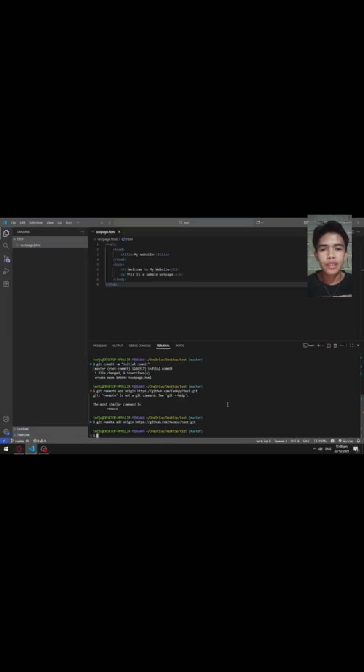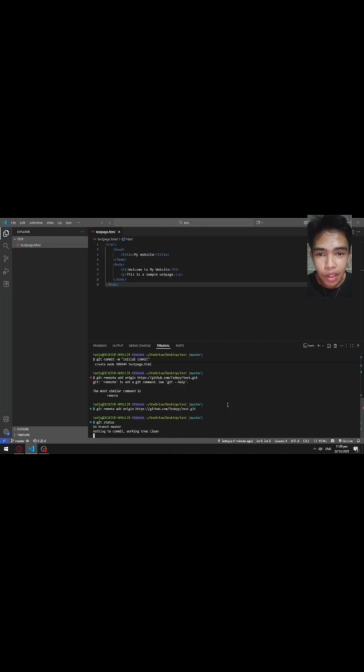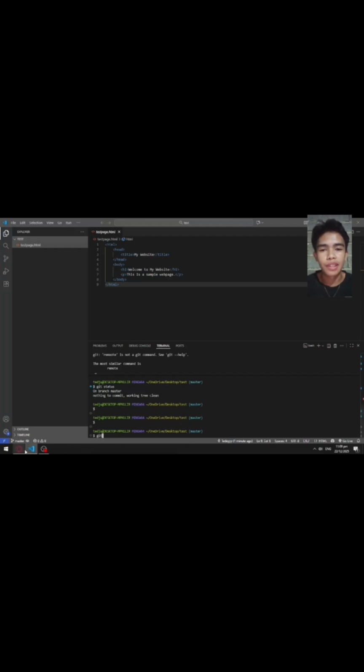Scroll down, and git status again. The branch is master, so we should not use main because it is master. So back to your account.